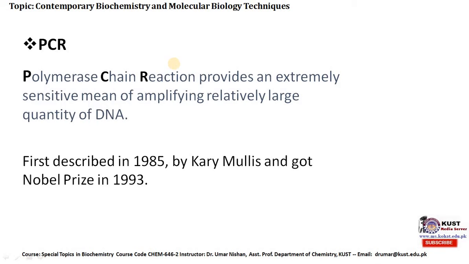It provides an extremely sensitive means of amplifying a relatively large quantity of DNA. It was first described in 1985 by a scientist named Kary Mullis, and he got the Nobel Prize for it in 1993. Since polymerase chain reaction was introduced into the fields of biochemistry and molecular biology, it has brought numerous advances in understanding various aspects of these subjects, and it has gained